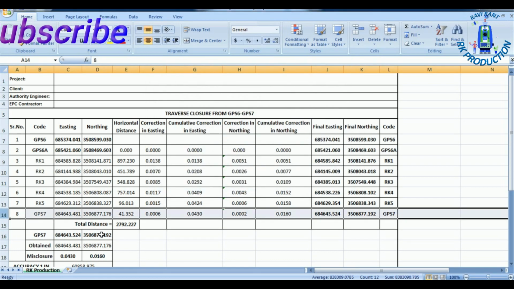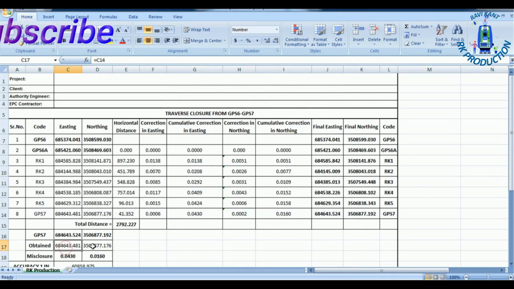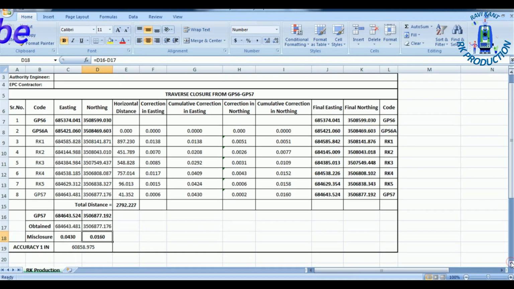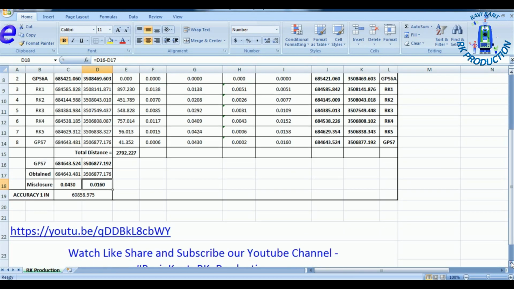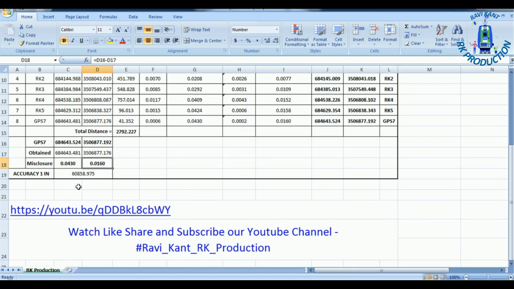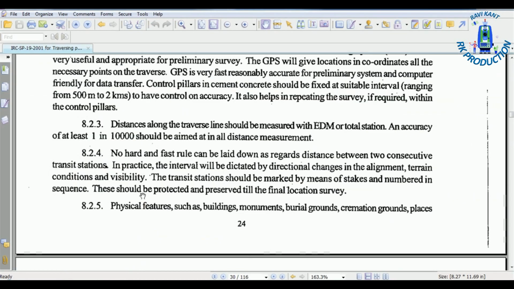You can see what we have observed. This is the misclosure, or you can say the closing error in easting and closing error in northing. If I go down, you will see this is the accuracy, 1 in this. Our accuracy should be more than 1 in 10,000.